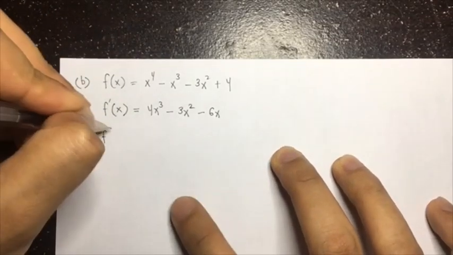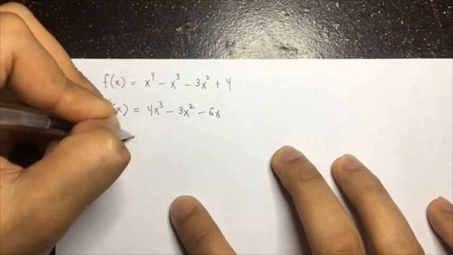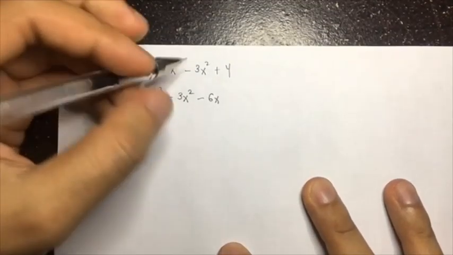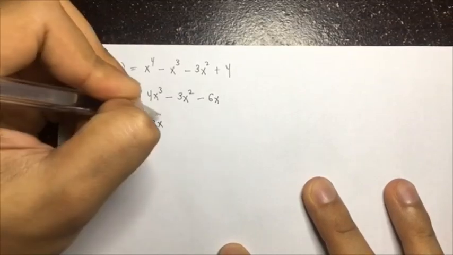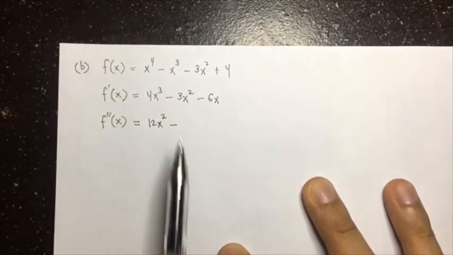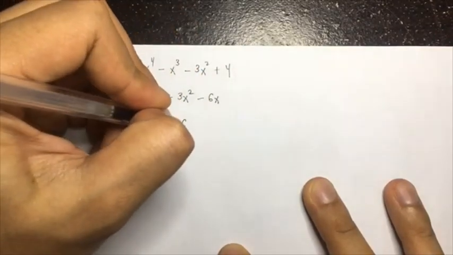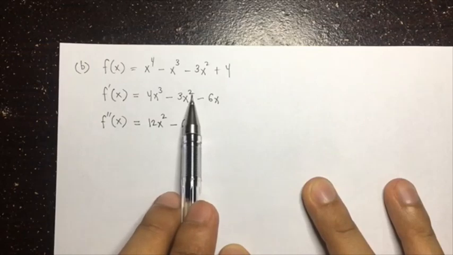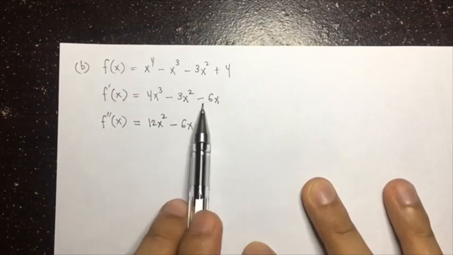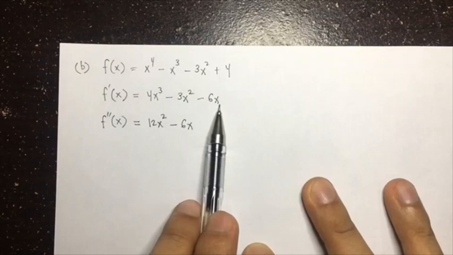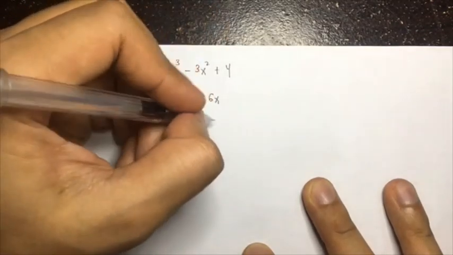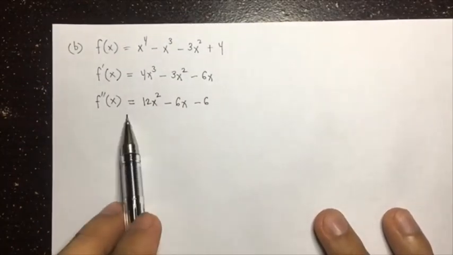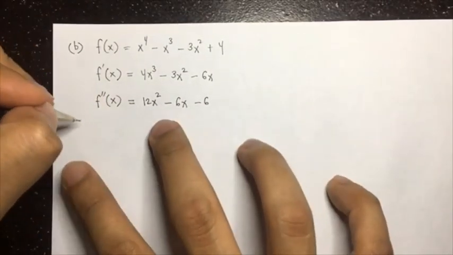So next, we can now solve for our second derivative. The second derivative is 3 times 4, that is 12x squared minus 2 times 3, that is 6x raised to the power of 2 minus 1, so that is 1, and then minus 6 multiplied by the derivative of x with respect to x, that is 1, so minus 6. Okay, so this is now our second derivative. So to solve for the inflection point,